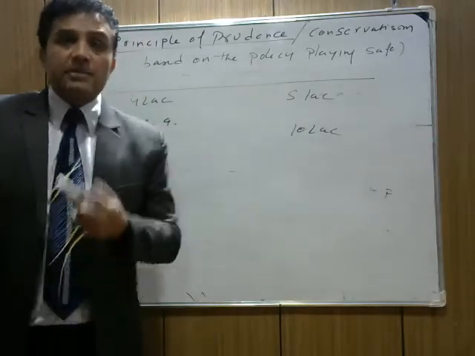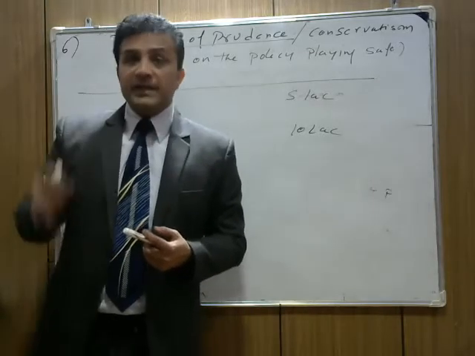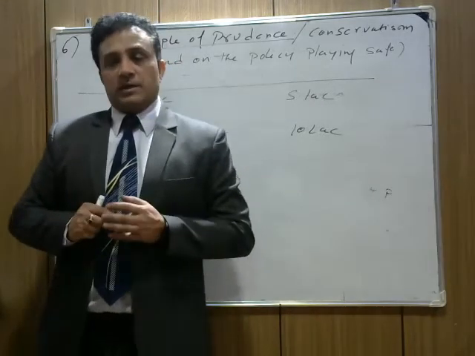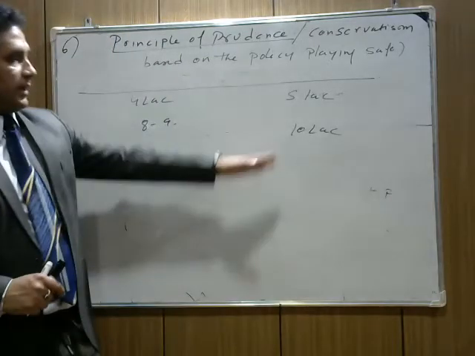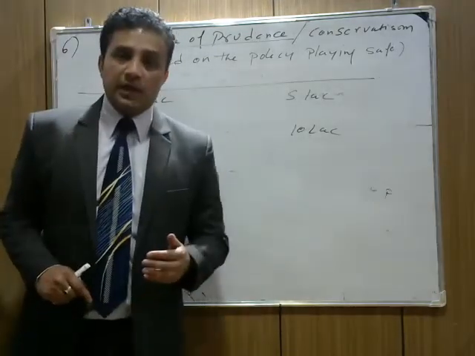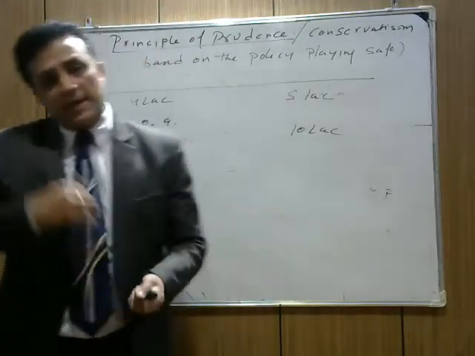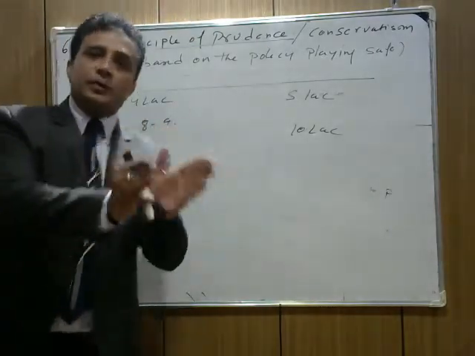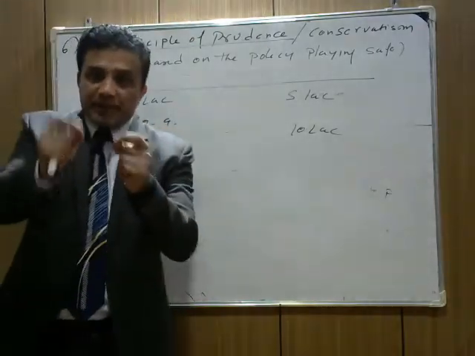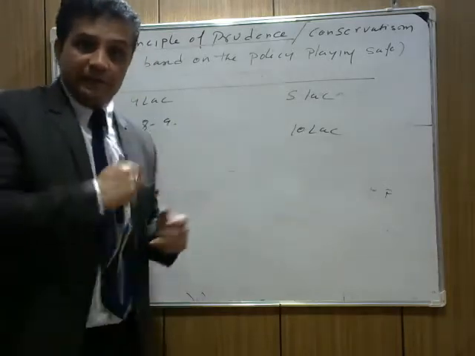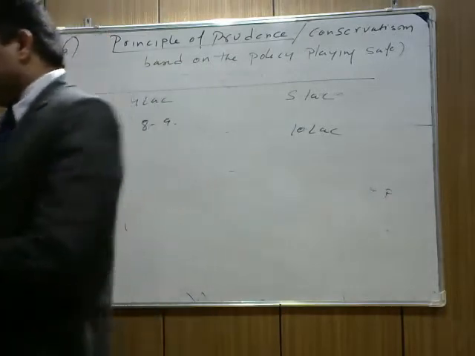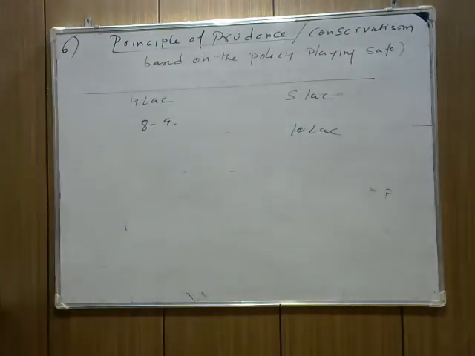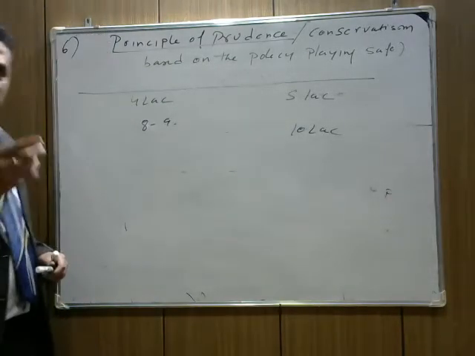Because you know that there are some anticipated losses which can occur in coming months, and then your profit will decrease. Then in front of your father you feel ashamed. You promised me you can earn 10 lakh rupees, but you are earning 8 to 9 lakh rupees only. That's why you are playing safe. You have already said beforehand that I can earn only 8 to 9 lakh rupees. So this principle is based on the policy of playing safe. I hope it's clear. Understand that?